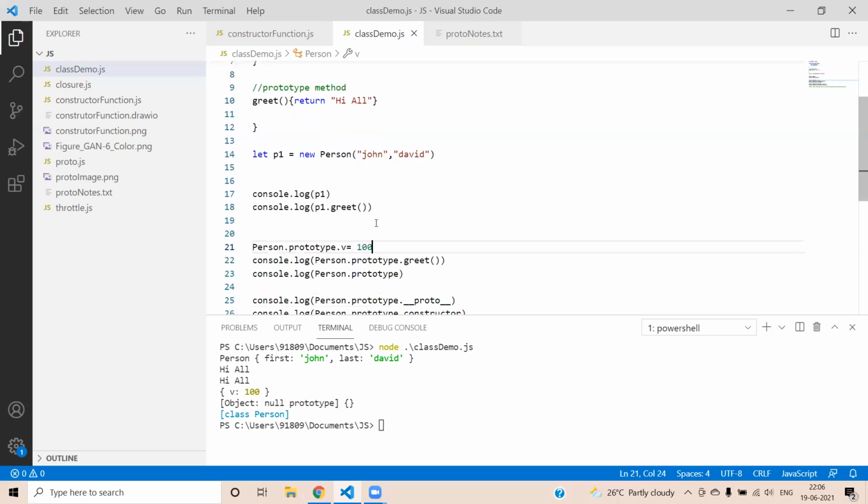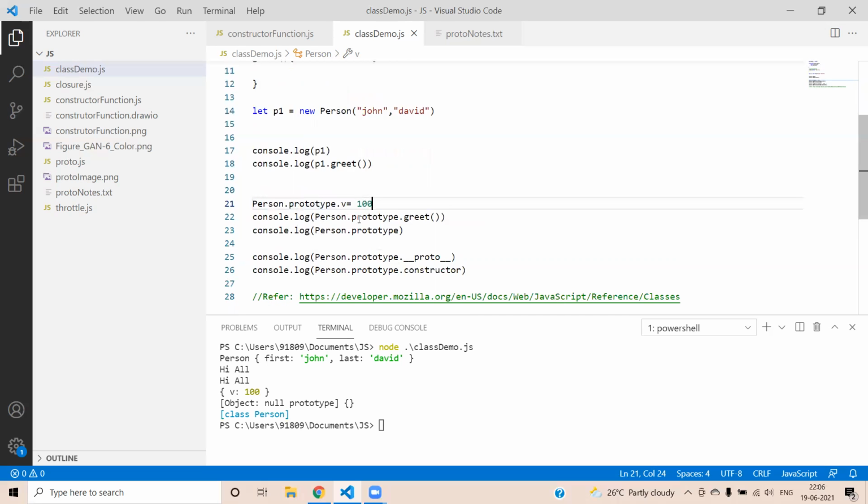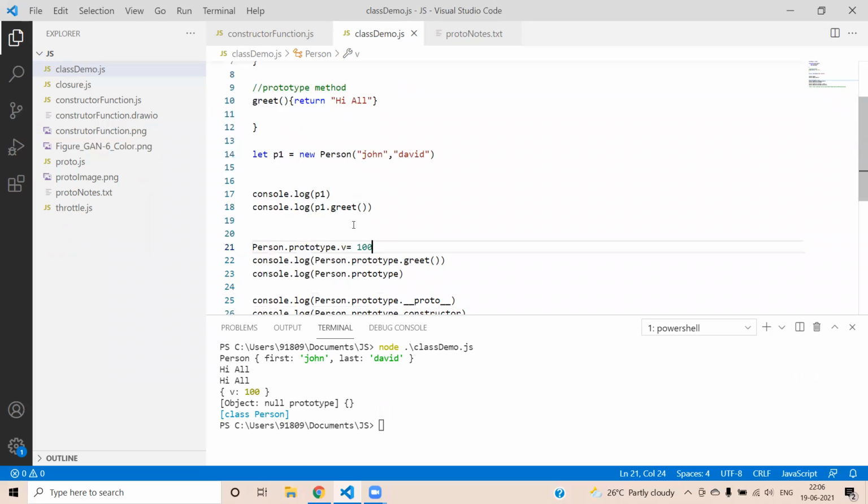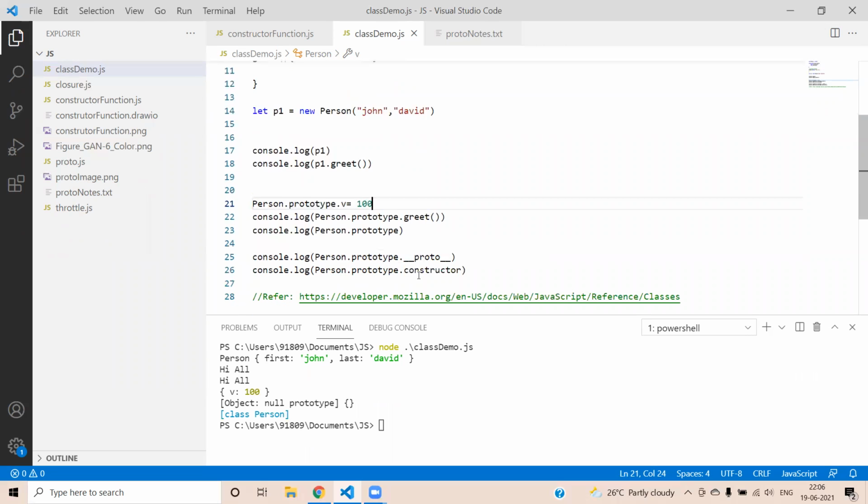If you want to check it, we can use Person.prototype, or we can attach external properties after the class declaration, and we can see the methods as well. We can create an instance and call the method, or directly call the specific method by using Person.prototype. The remaining things work in the same way as the constructor function, because the underlying structure is still the constructor function of the class.